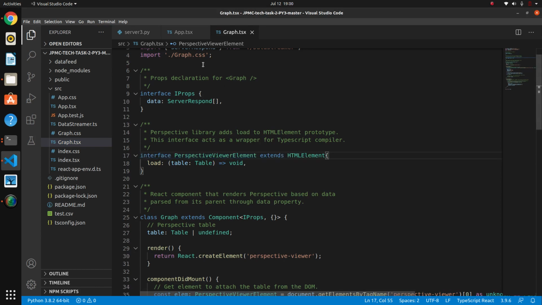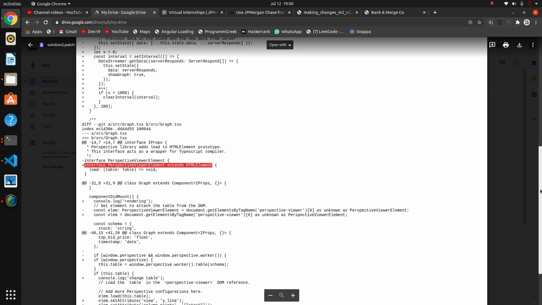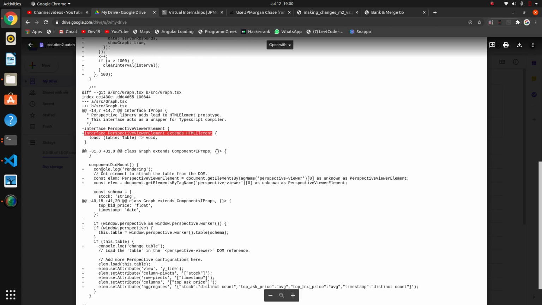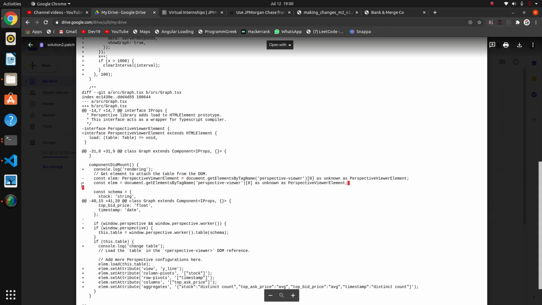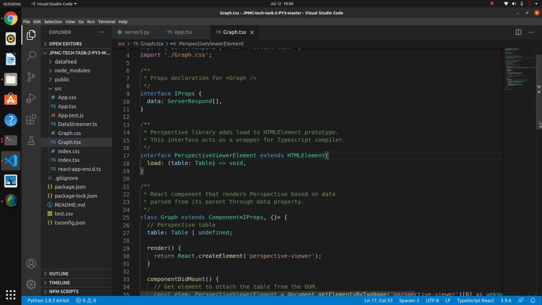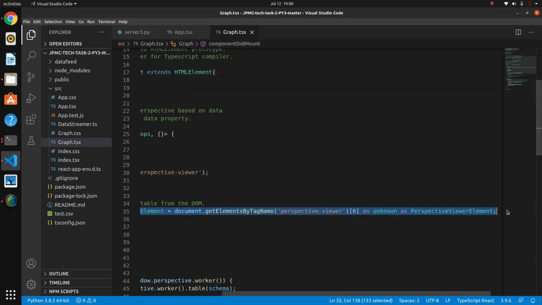Then again, the next thing we have to change is componentDidMount. Just add this last thing, constant element, and remove that constant element. Remove the existing constant element and add this one. Okay, where is our componentDidMount? Okay, so I will remove this and paste our new thing.